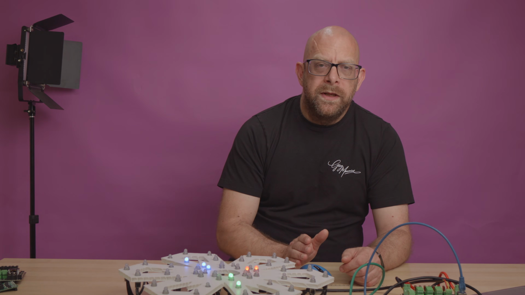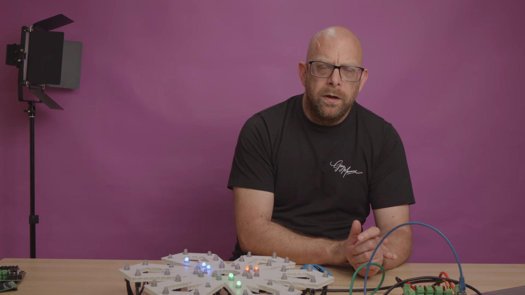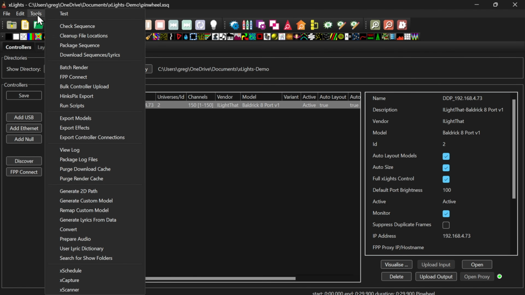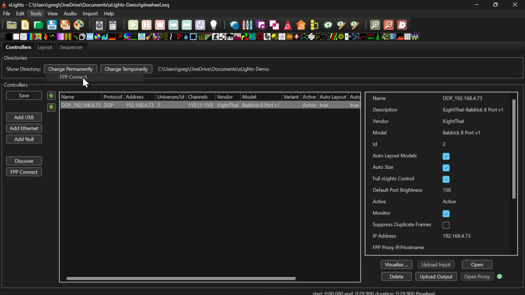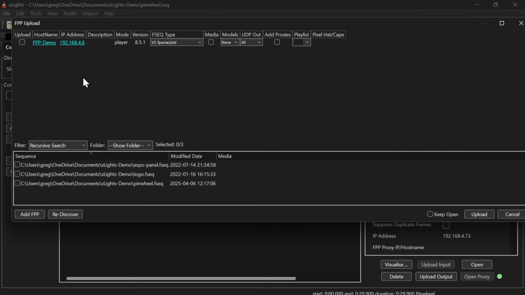To upload this information to FPP for both the sequence and the configuration, all we need to do is go into Tools and FPP Connect. It's then going to have a look on the network for any instances of FPP it can find, and there we are, it's found one. So we can check that that's what we want to be uploading to. The sequence that we're going to upload is called Pinwheel,